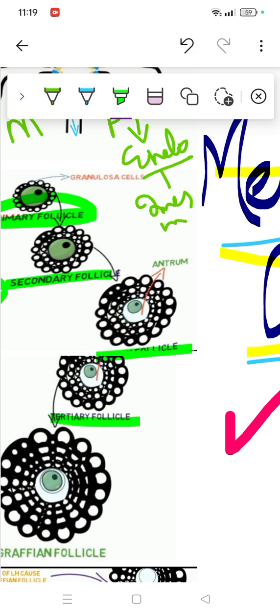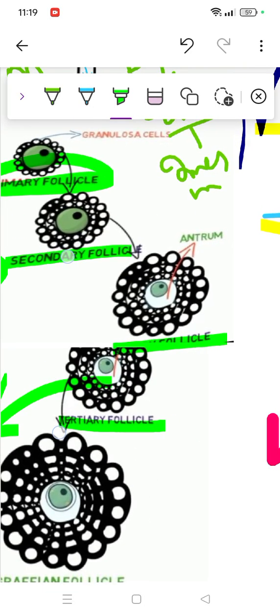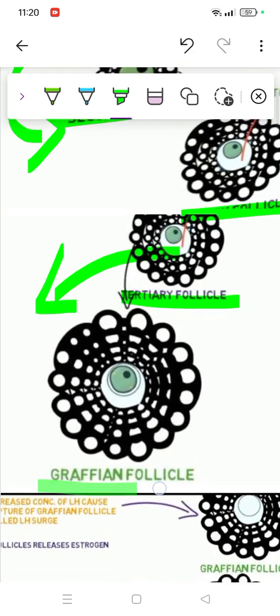Tertiary follicle, like the name says, is decreasing, so it might not seem important, but you are wrong here. Tertiary follicles have one kind of fluid, called the antrum, which also has a major function. Since they have fluid, they provide lubrication. After the tertiary follicle you will see the Graafian follicle.